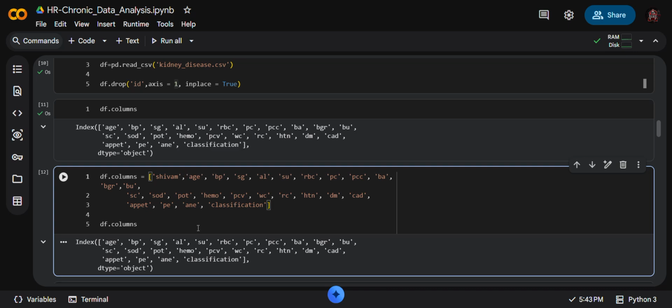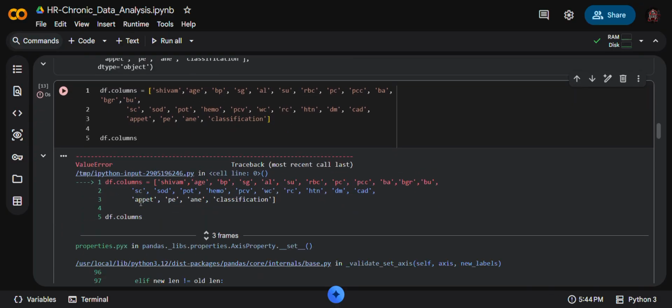Okay, comma. Now this is the running command.